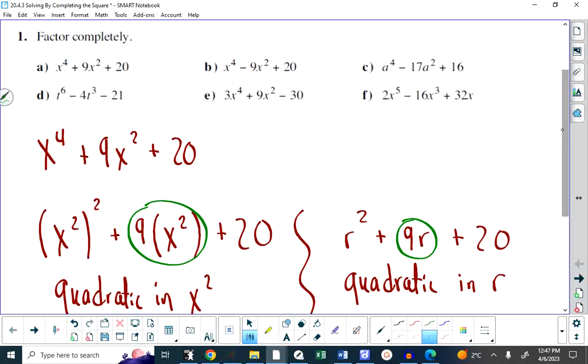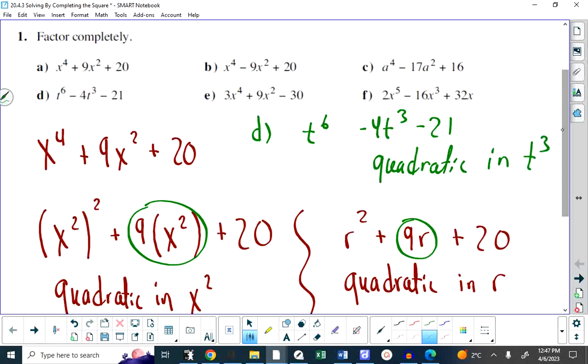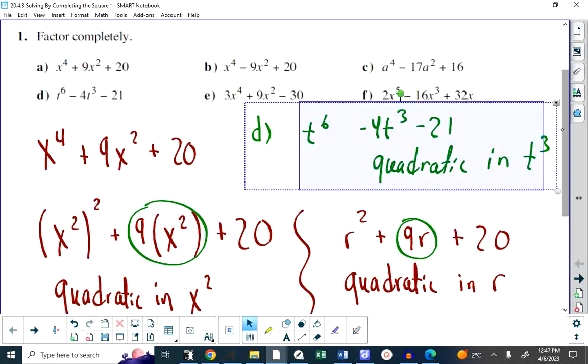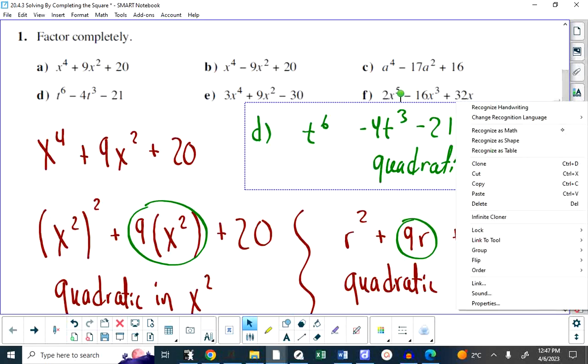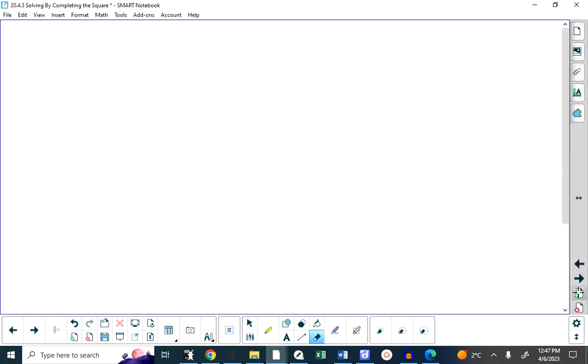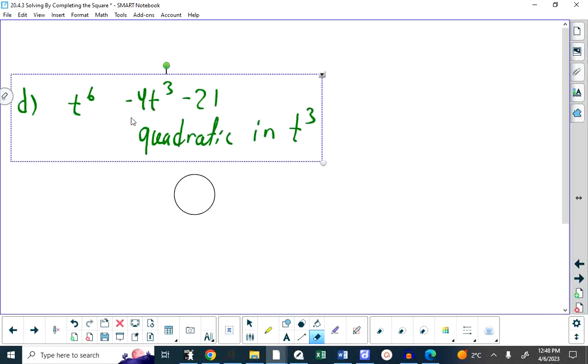Now, all of these, well, no, there's one that isn't. I was going to say all of these are basically degree 4, but when you take a look at d, it's t to the 6 minus 4t cubed minus 21. This is quadratic in t cubed. And I'm just going to move that to another page. It's quadratic in t cubed